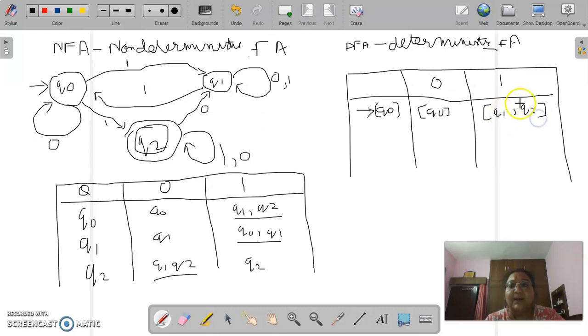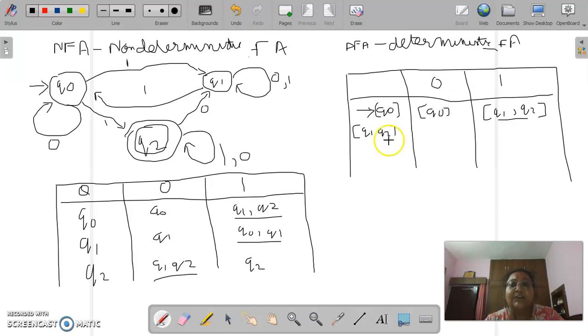This is a power set of Q which contains 2 states. Now this all together represents a single state in the DFA, and I will draw the transition diagram to make this more clear. The next state that we are going to write is not Q1 but this state. This is the next state to evaluate. So we have the composite state Q1, Q2 as our next state.